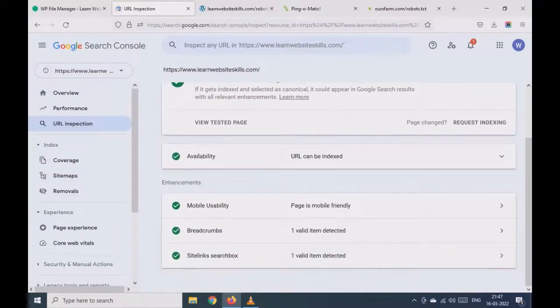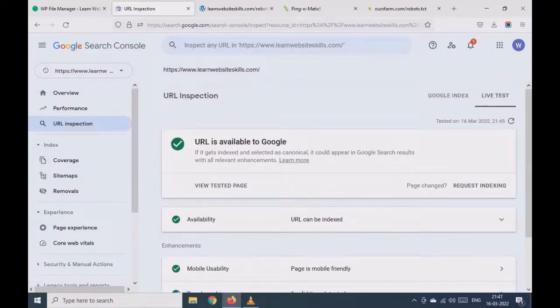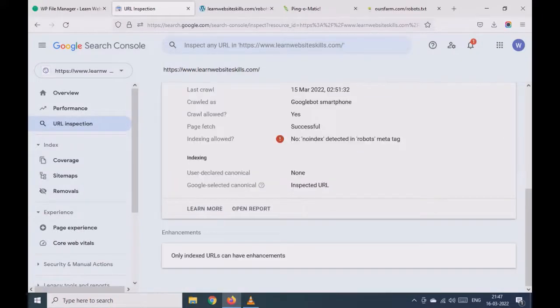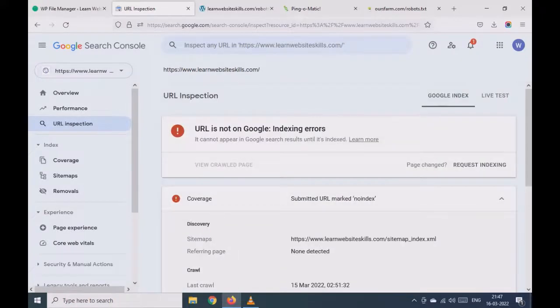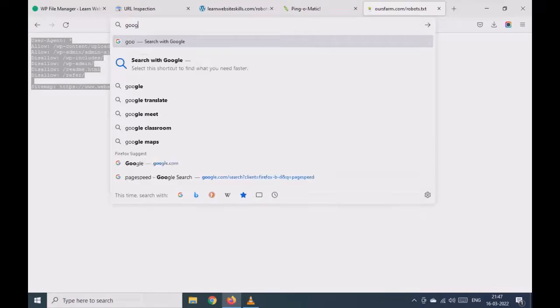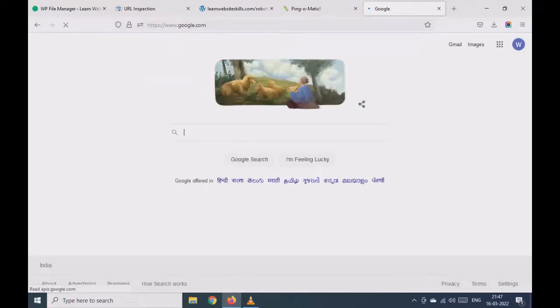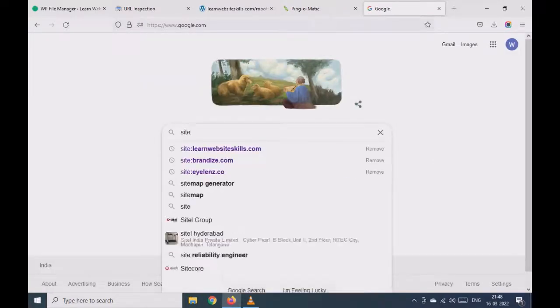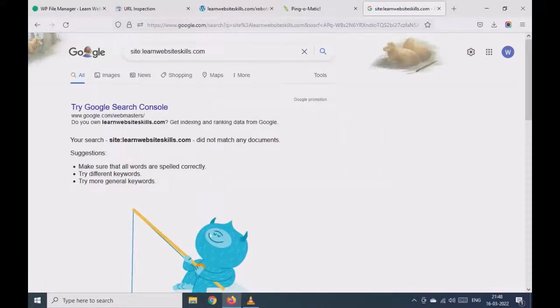You can see here now the URL is indexed, URL is available to Google, right? And everything is fine, perfect. So it means that Google will index our website shortly, and this error will go. Okay. So this is how you index your website on Google. So now let's go back to google.com. You can always perform this check, site colon learn